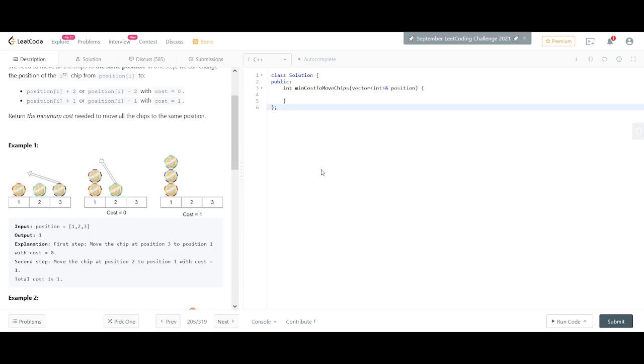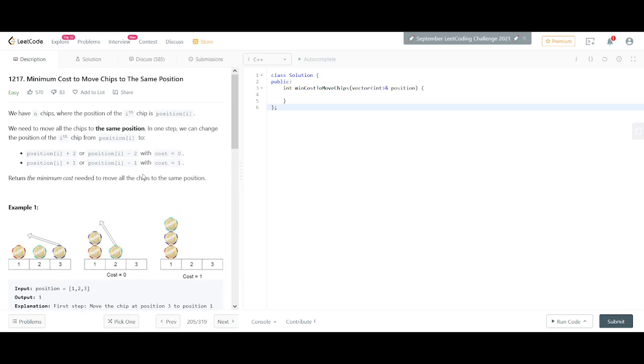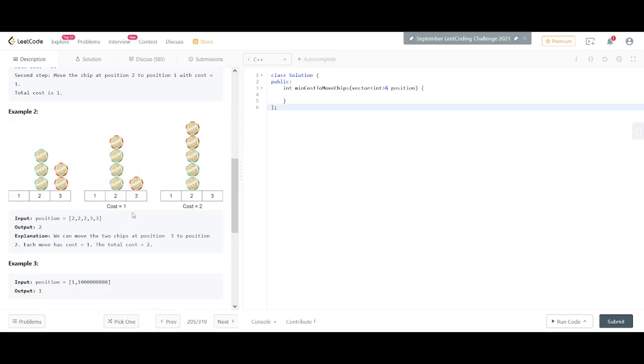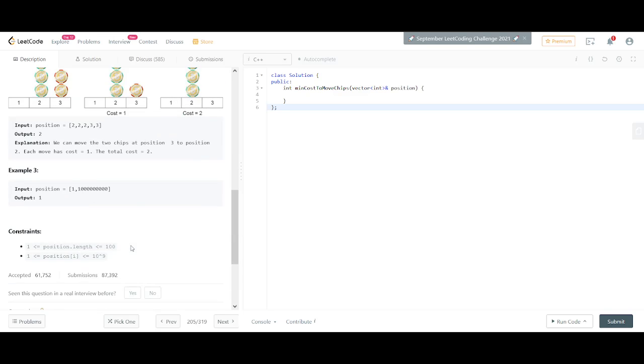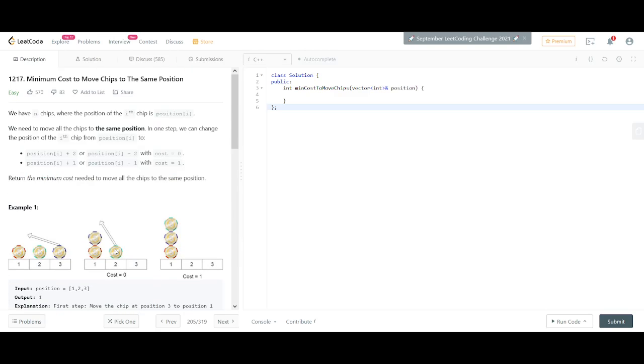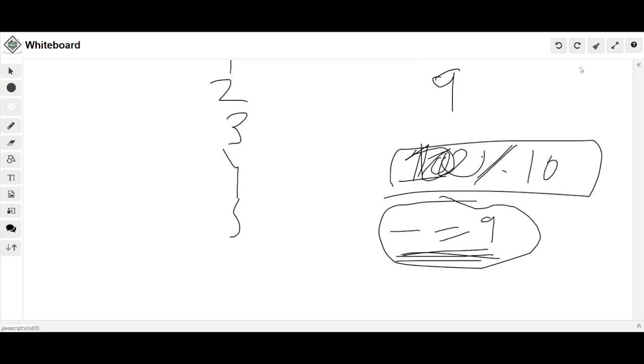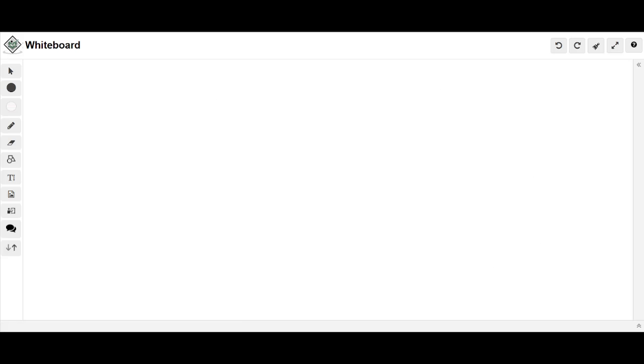And the second step is to move the chip at position 2 to position 1 with cost 1. So what we did is we tried to bundle them here and shift them into the same position. One of the observations that I was able to figure out was that